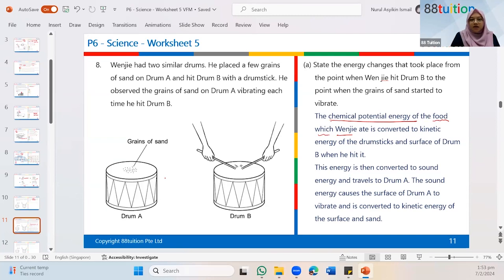How come Wen Jie got chemical potential energy? Because he ate food, and food contains chemical potential energy. The energy now is transferred and stored over in Wen Jie's body. Okay, so CPE in Wen Jie converted to, so let me box up first, converted to kinetic energy of the drumstick. Okay, because the drumstick's moving, he's moving it to beat the drum. And then also